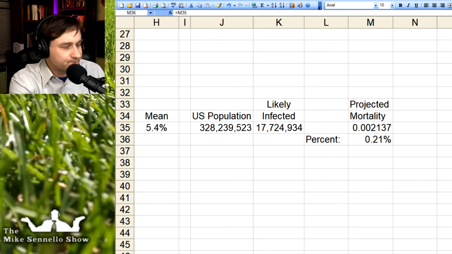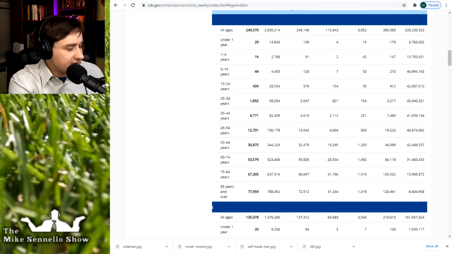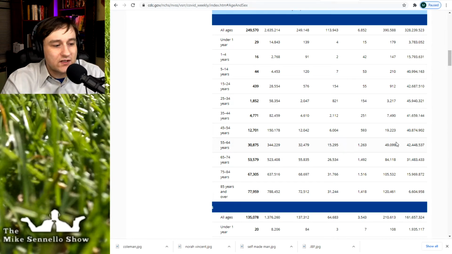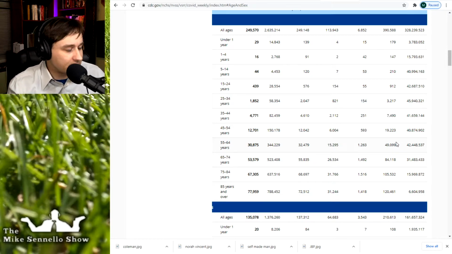So what we can then do is go to the breakdown of deaths by age. Now, unfortunately, this is a breakdown of deaths across the entire spectrum of the last, say, 8 or 9 months. And this is from the Centers for Disease Control. So what we can then do is do the exact same thing we just did and then extrapolate that. Of course, doing that for each group means that you have to build an Excel spreadsheet, and that could be tedious and time-consuming. So instead of making you do that,